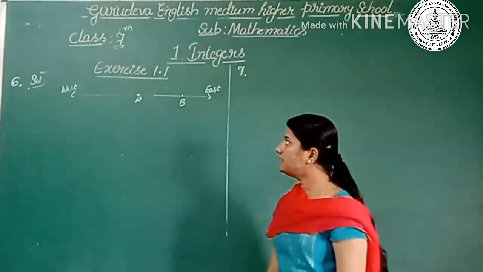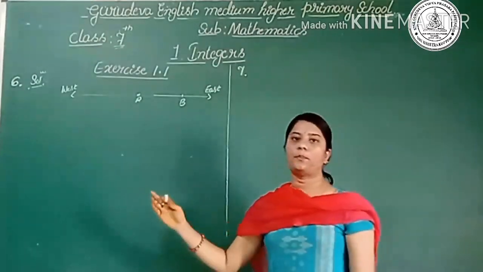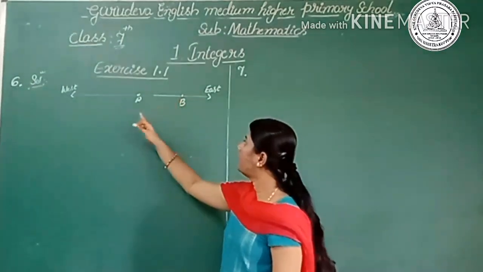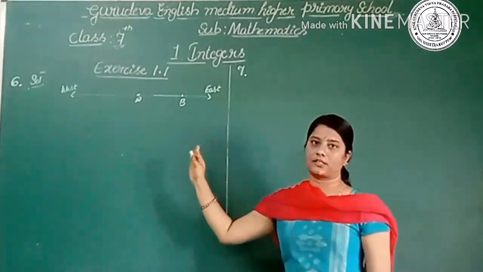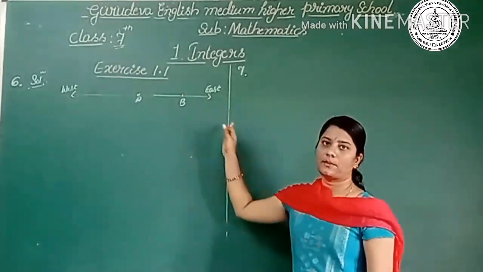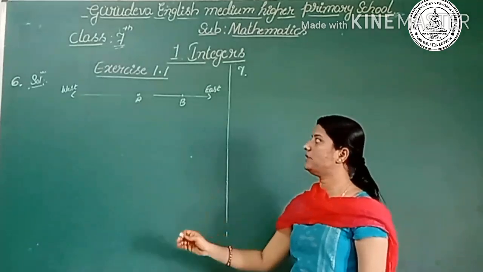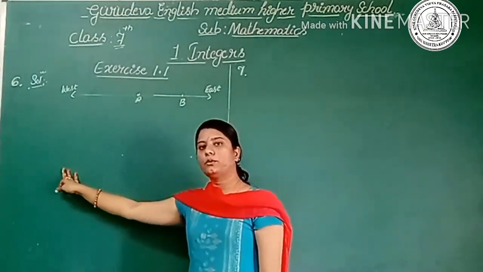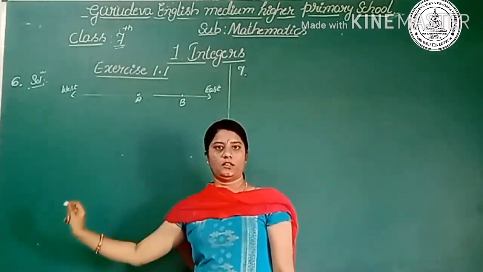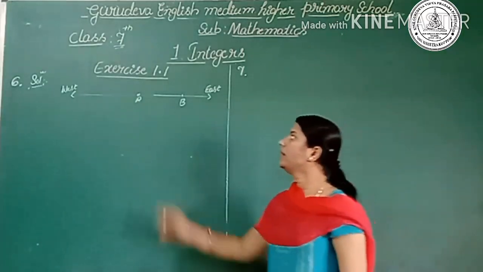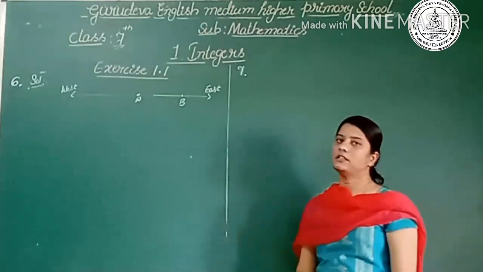So here they said that we have to take a positive integer if we travel the distance from point A to the east direction. So from the east we have to take the positive direction, positive integer, and if we travel to the left, we have to take a negative integer. Therefore, what is the total distance traveled from A? Then let's find out here.